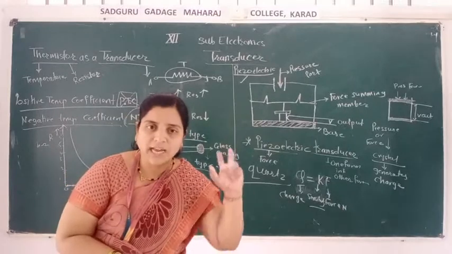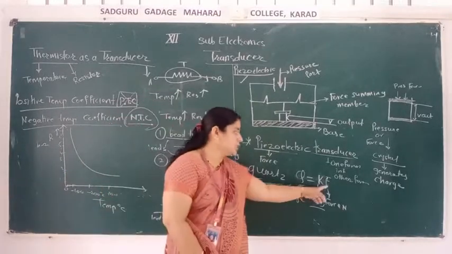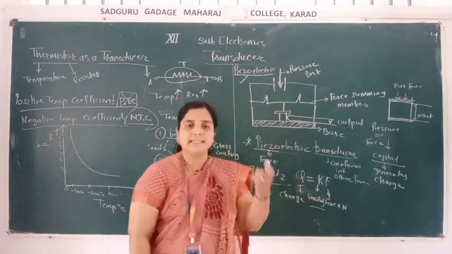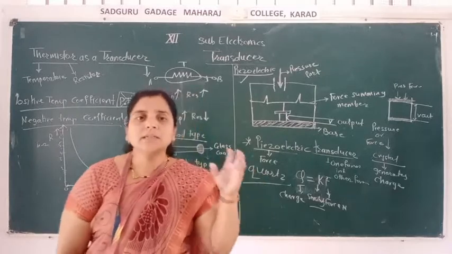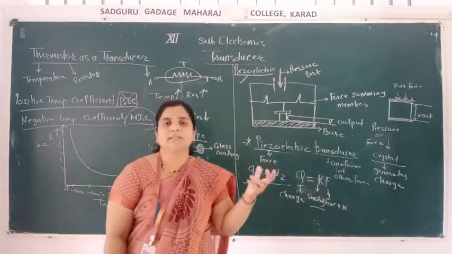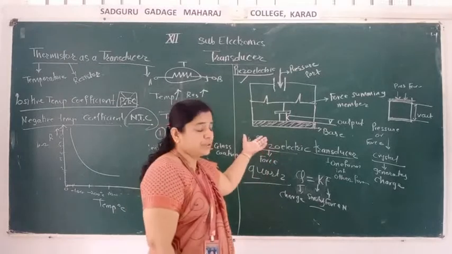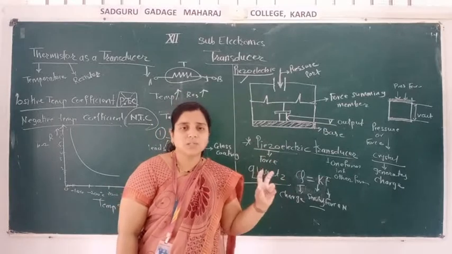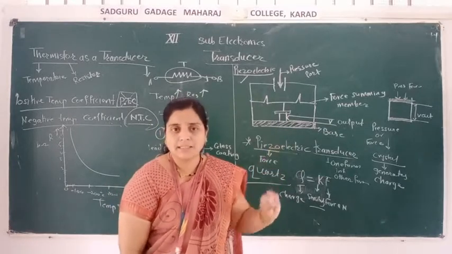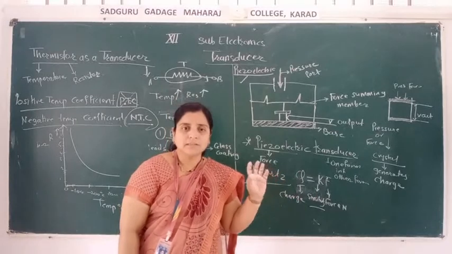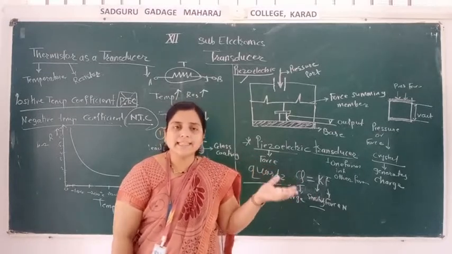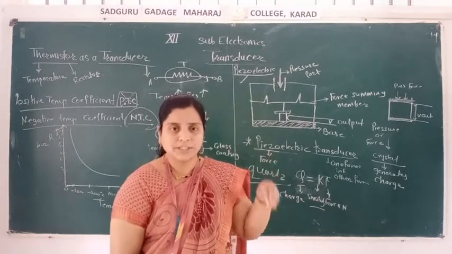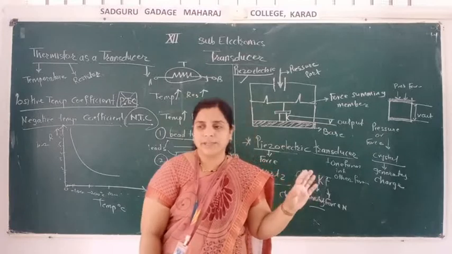K means whatever charge is produced by applying this force, and it is a very sensitive element. It is used to measure pressure, and it is used to measure displacement. Okay, this is an active transducer. What is an active and passive transducer? Active transducers are those which do not require an external supply for generating the output. All active transducers generate it themselves. They do not require external supply. It is called an active transducer.